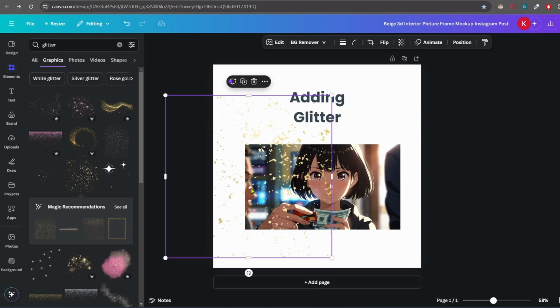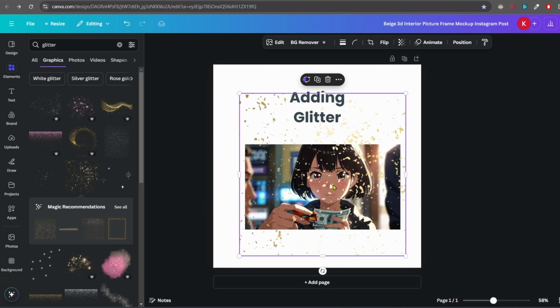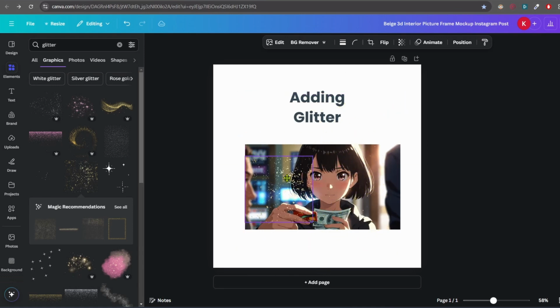So this is how simple it is to add glitter to the picture, and depending on what element you are using, you will get the options to change the color or make it lighter or darker, but not every element will allow you this particular option. As you can see, in this very element we do not have the option to add or change the color